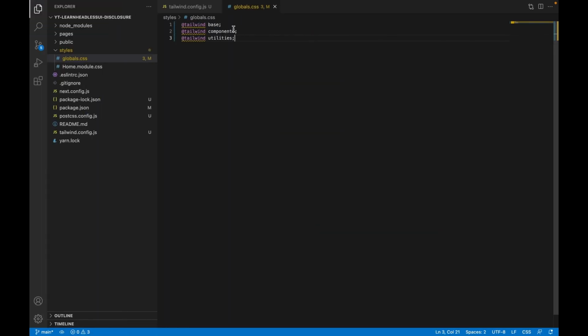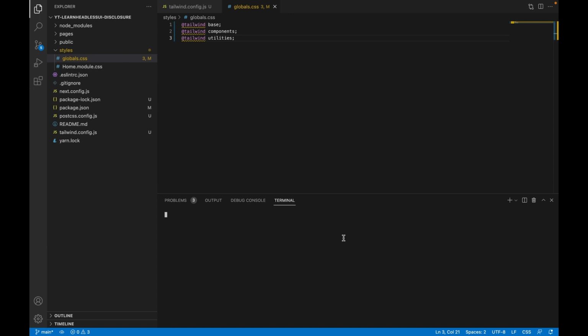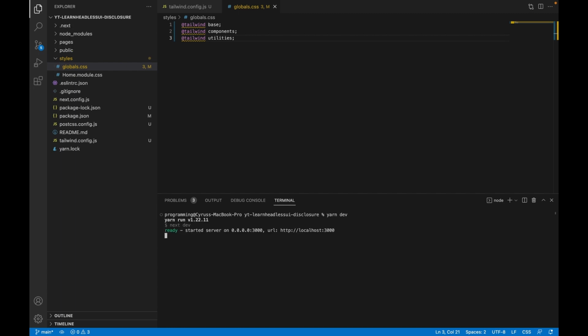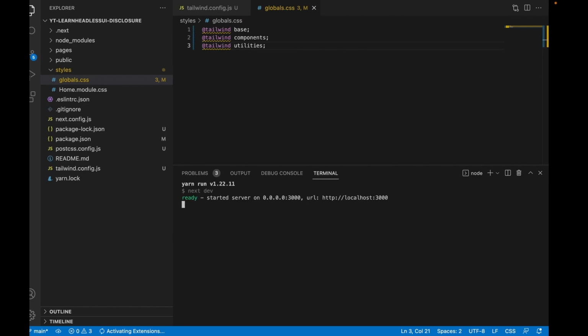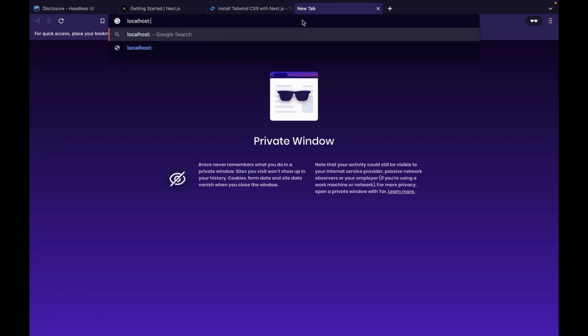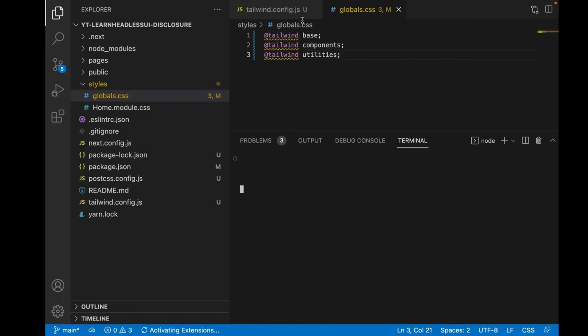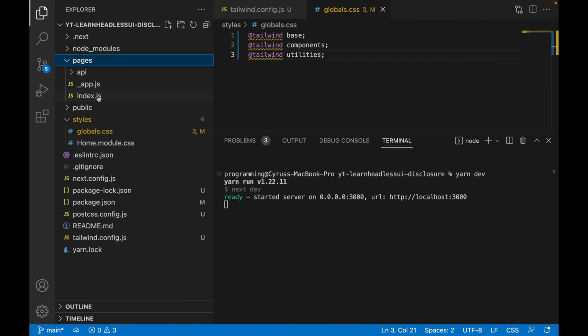And now we can go to the terminal and type yarn dev. Now we can go to localhost 3000. And then we go to the index page,